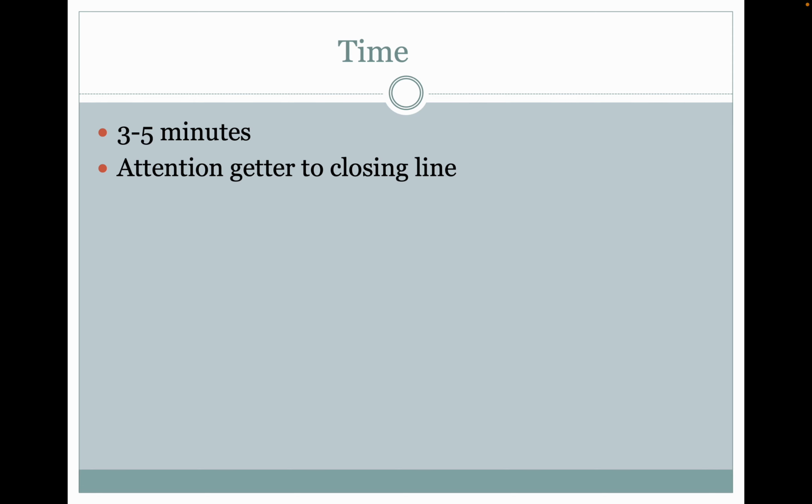That's when I'm going to start timing, and I'll time all the way until you get to your closing line. You should aim for the speech to be between 3 to 5 minutes. I'd be trying to get my speech to clock in at about 4 minutes every time so that I have a minute